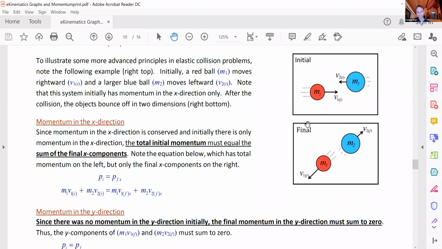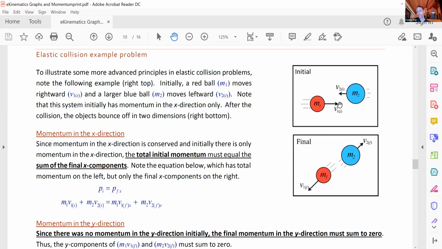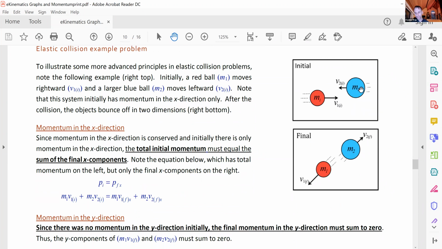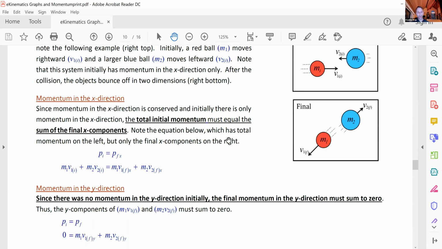In any event, an interesting thing here: you've got two objects heading towards one another in different directions, and then they collide. Because they met at an angle, they will both go in the y direction. So do recall again